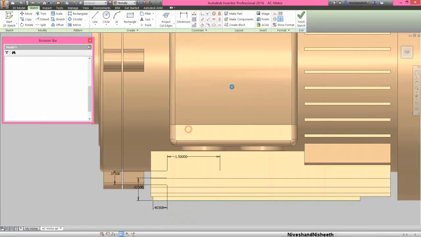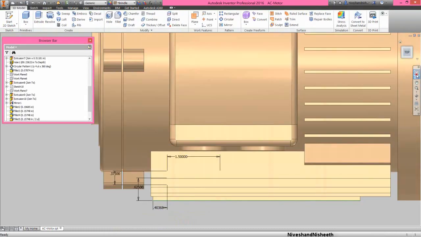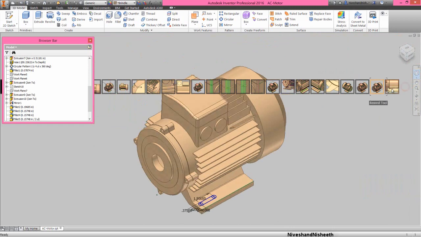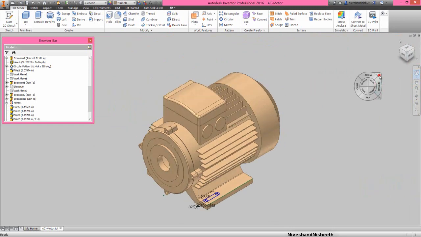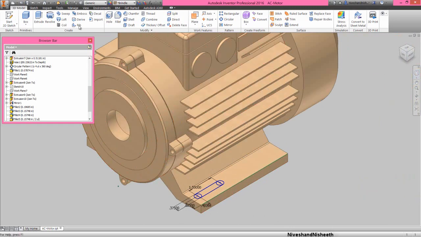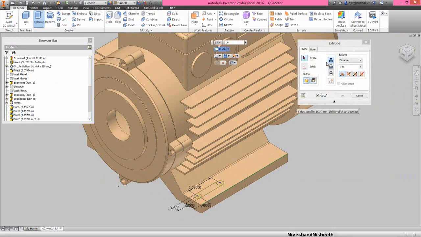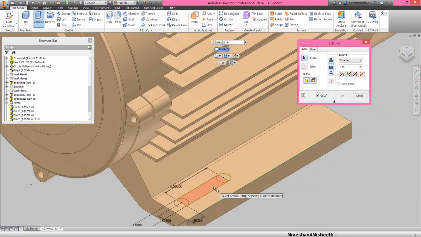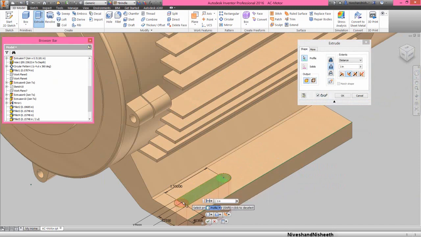Finish the sketch. Now activate the extrude command, choose cut option, select the sketch. OK, now see the result.